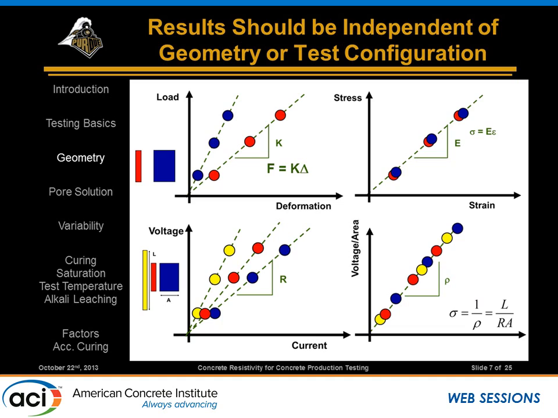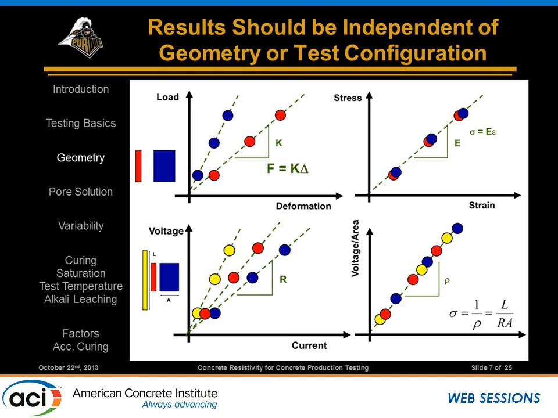If we convert this over to stress and strain, we can get our elastic modulus, which is a material property, which is independent of the geometry that we're looking at. Resistance is very similar to this. And if we look at tests with different geometries or samples with different geometries or different end conditions, we will get a very different resistance. But if we correct those for the geometry, we get a single value of resistivity that should be the same